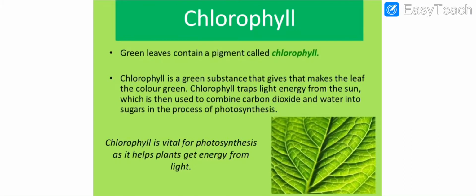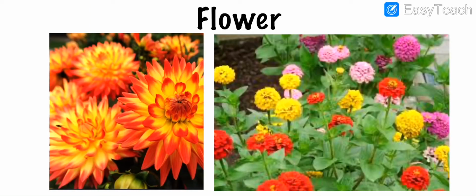I just now spoke about chlorophyll, children. It must be a new word to you. So try to understand this. The green leaves contain a pigment called chlorophyll, because of which they have that green color. I'll explain again. Chlorophyll traps light energy from the sun, which is used to combine carbon dioxide and water and then make food for the plant. This process is called photosynthesis, which we will study again in this chapter.